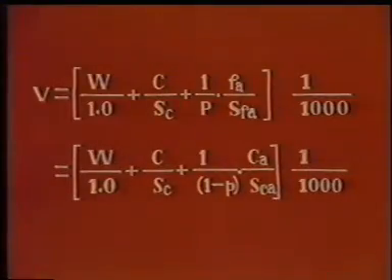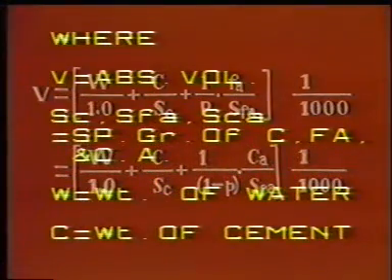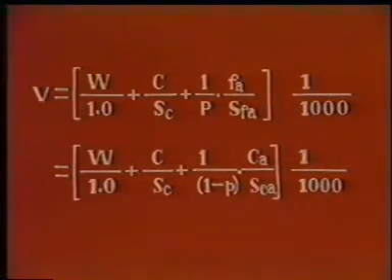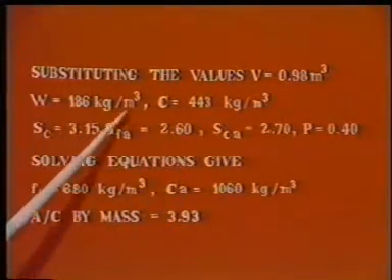Step 5. Aggregate content. For 20 mm maximum size of aggregate, the amount of air entrapped in wet concrete is 2%. By absolute volume equation we have, substituting the values, V is equal to 0.98 cubic meter, and solving the equation gives